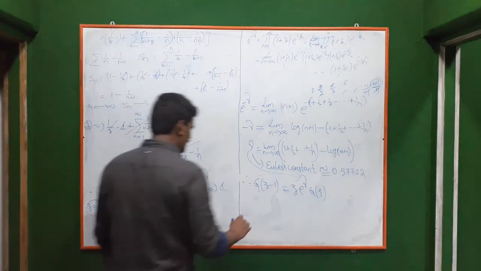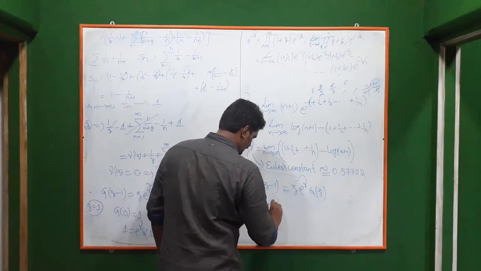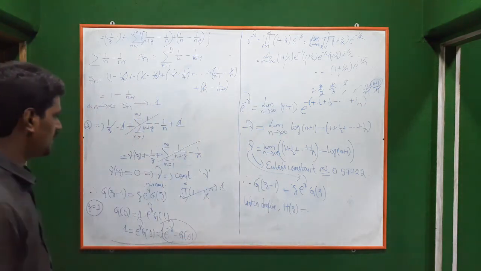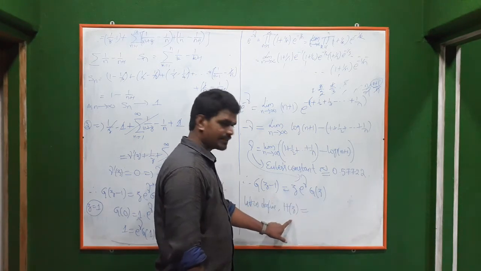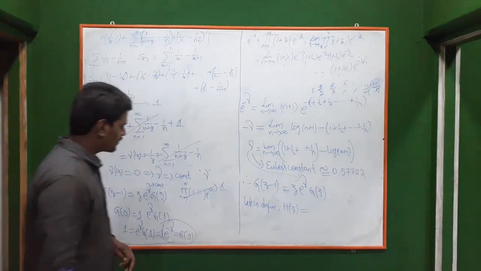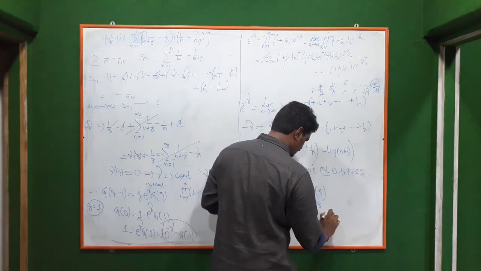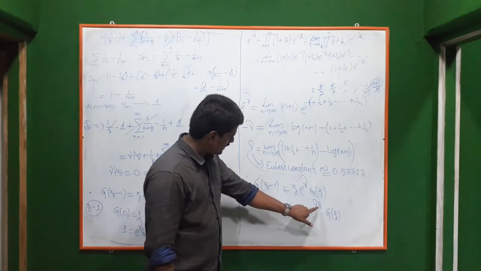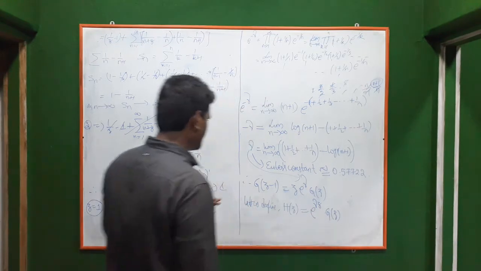Now define another function, h of z. By use of this g I will define this h of z, and by use of this h of z I will define what is my gamma function. So h of z we can define as e power gamma z into g of z. See, both are similar, but z is outside here, and here z is in the exponential power. Okay, so h of z is e power gamma z into g of z.